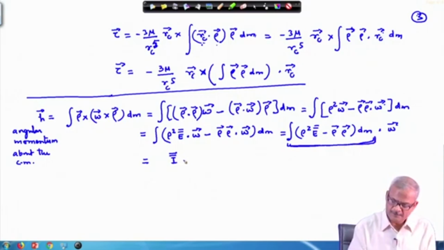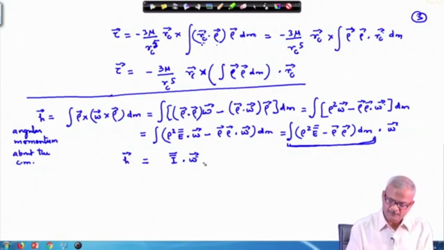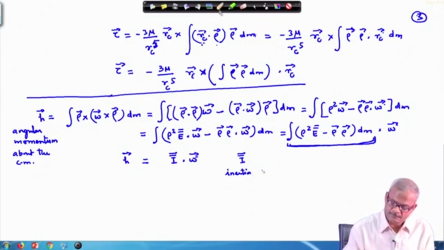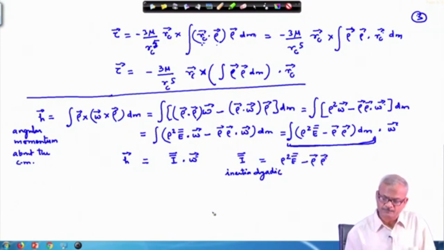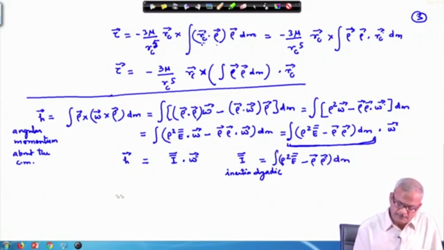So, I double dot. Okay, so H, this is the quantity H we have written. So, what is of interest here in this place? This is the I double bar, which is nothing but the inertia dyadic, which we are writing as rho square E double bar minus rho rho. So, if we try to rearrange this, so this implies